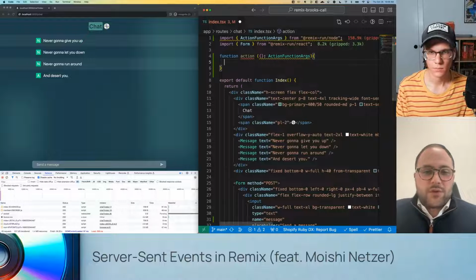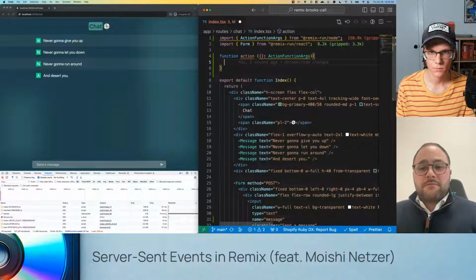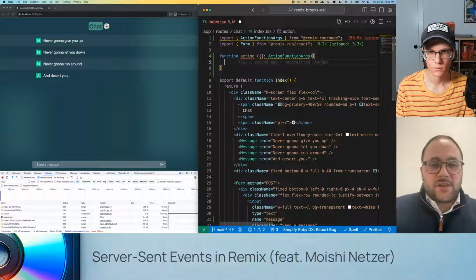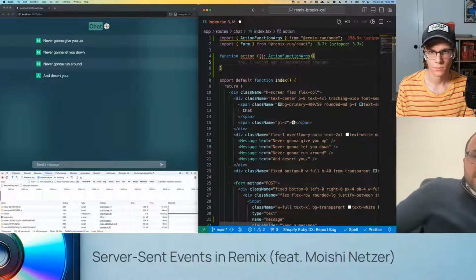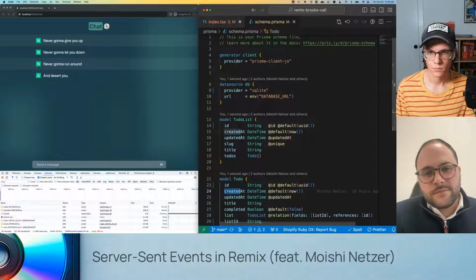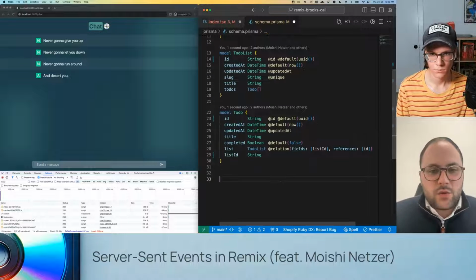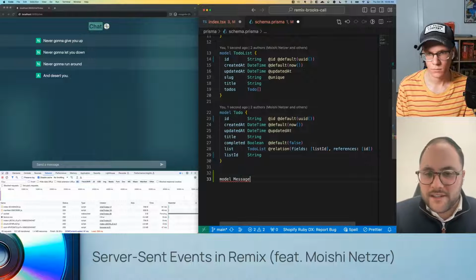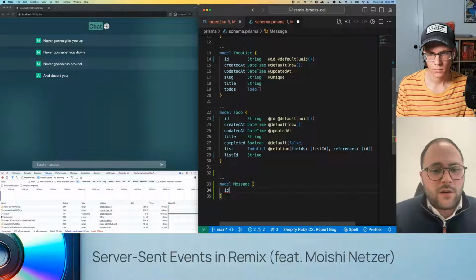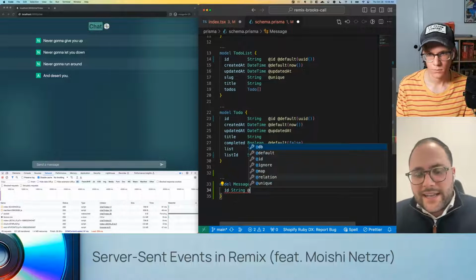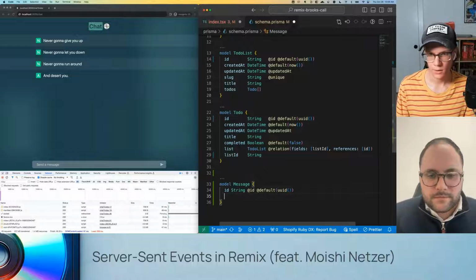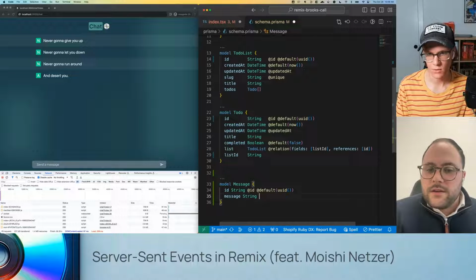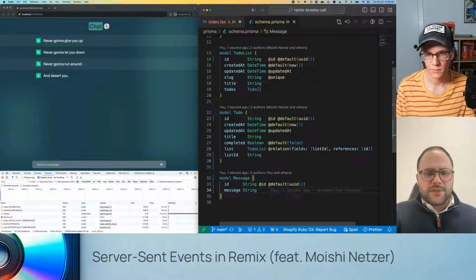Nice. And now let's just quickly do the update. Let's add it to the database. So we're using Prisma. Let's quickly make a model. So if you go to the Prisma schema. Nice. And let's just call this message as well, model message. And you really don't need a lot. Let's have the ID. And let's just have the message itself. And the message should just be a string as well. That's it. Okay, perfect. Let's keep it super simple.